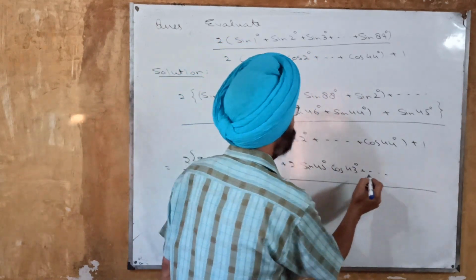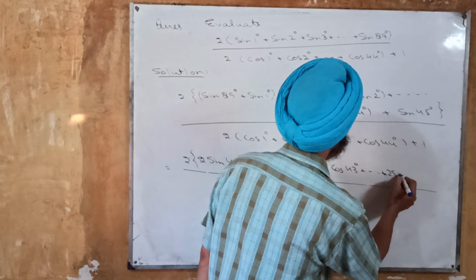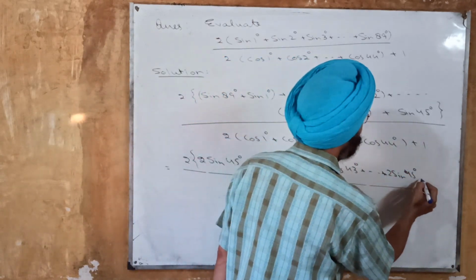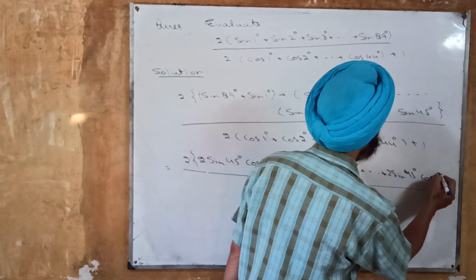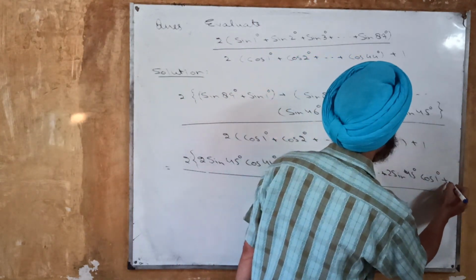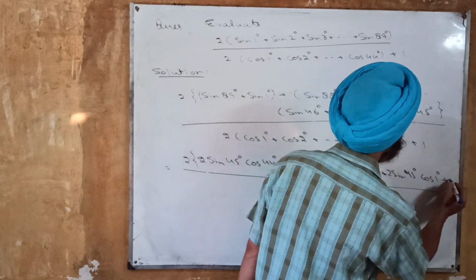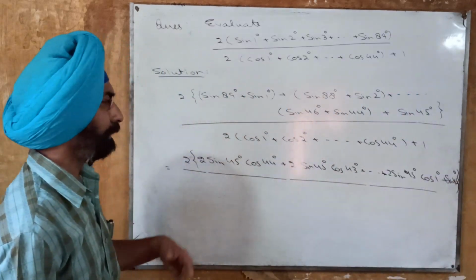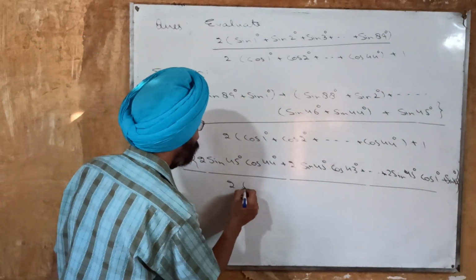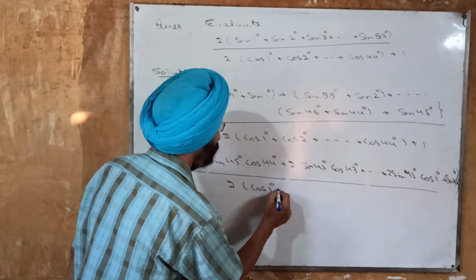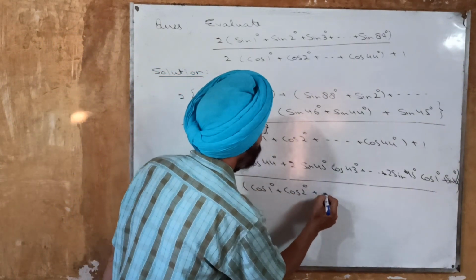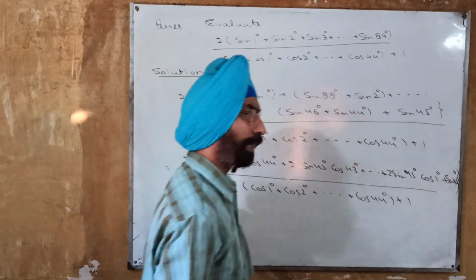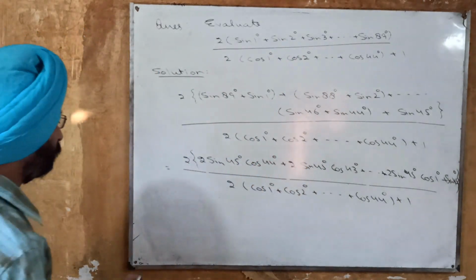In the last we will get 2 sine 45 degree, and the difference is 2, now divided by 2 is cos 1 degree, and this is plus 1 extra, sine 45 degree, 1 additional term, sine 45 degree is here, divided by, denominator I am not going to change, cos 1 degree, cos 2 degree and so on, plus cos 44 degree and plus 1. I'm not going to change the denominator. It is now